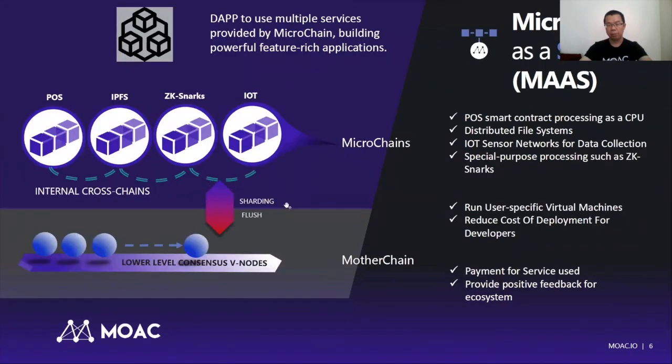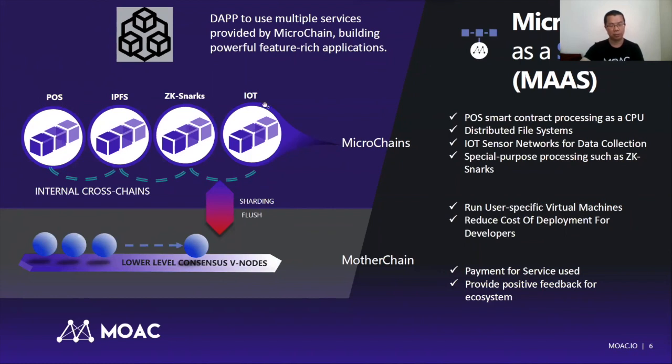Each microchain could be the base for an application. That's just what most blockchains do, and it's so obvious. But we can go a little bit further. If we have a microchain doing a specific task with its customized consensus protocol, like one microchain doing POS, one microchain doing IPFS network storage, another microchain doing zero knowledge verification, and maybe another doing the IoT network,